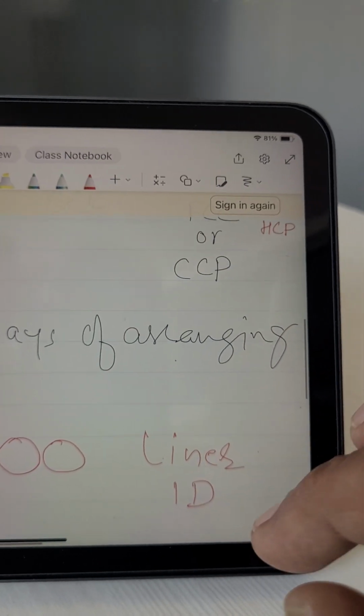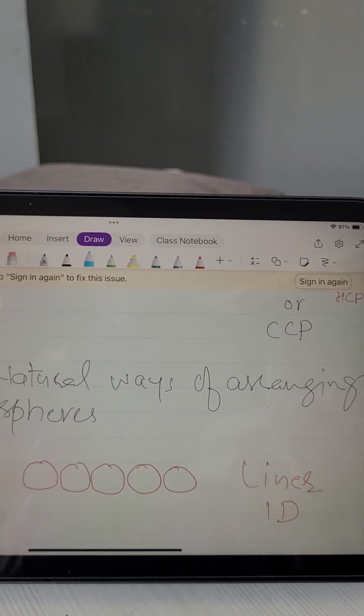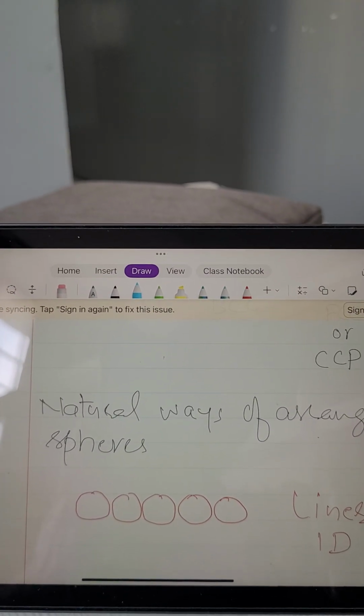I will give you two homeworks. Do one thing: from NCERT, memorize the table of 7 types of crystal systems and 14 Bravais lattices with suitable examples for a few. Bring your table in the next class or next video. Then I will explain it. You have to watch the next video for that.